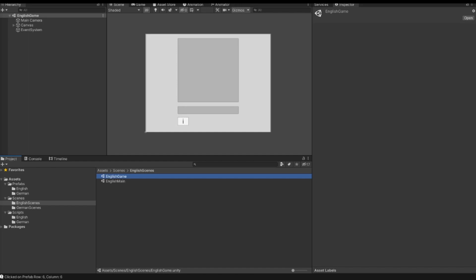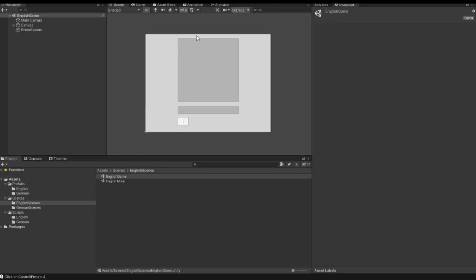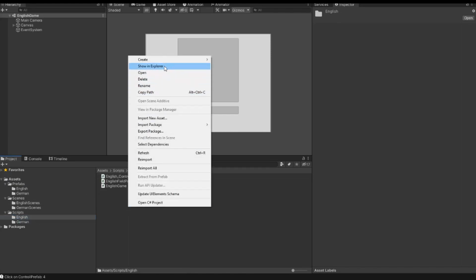In the previous videos we created this grid here. We can insert big numbers, we can also insert small numbers. And in the next videos we want to create a Sudoku game with values which have to be inserted into this grid. The first thing I do is go to my script folder, right click and create